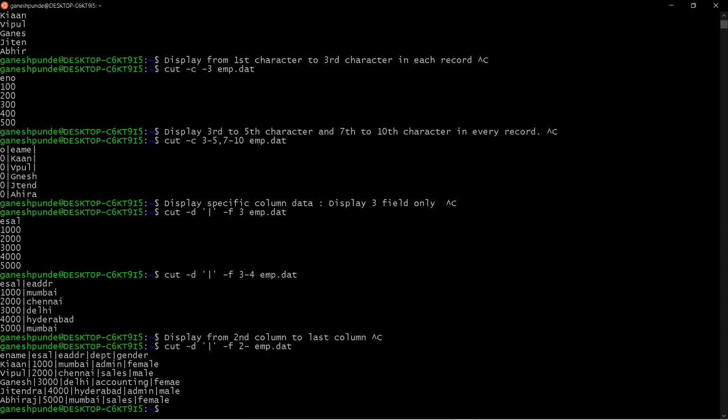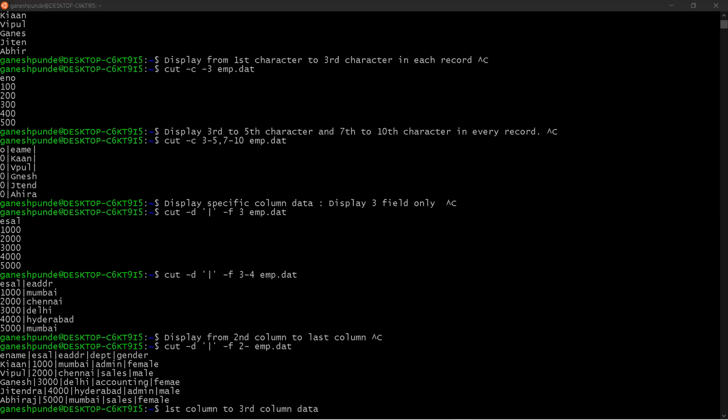Now suppose you want to display from first column to third column data. So how you can do that?